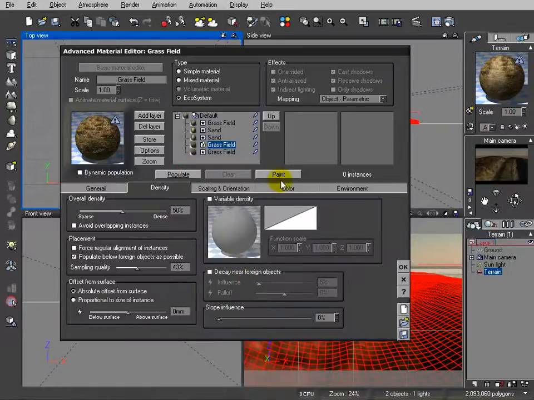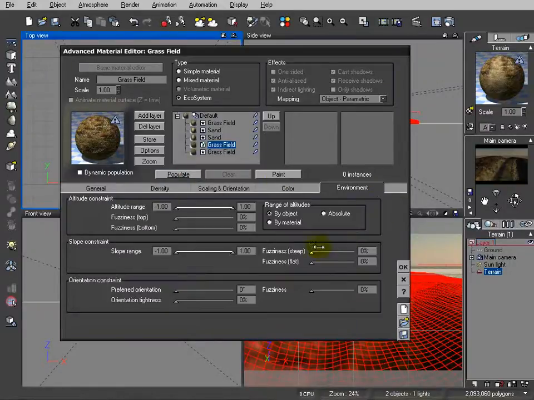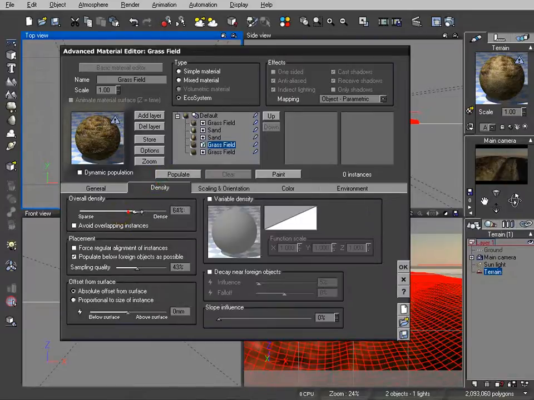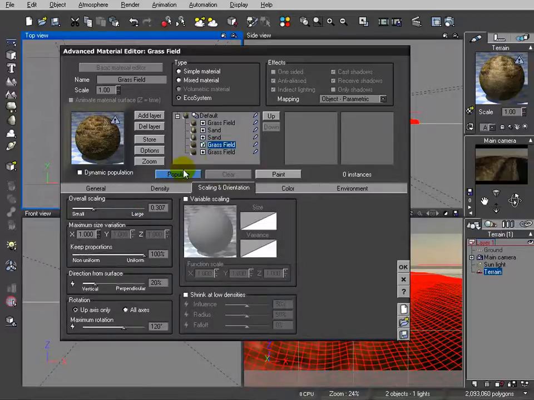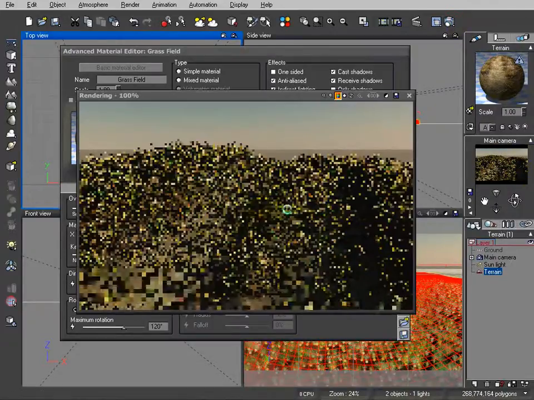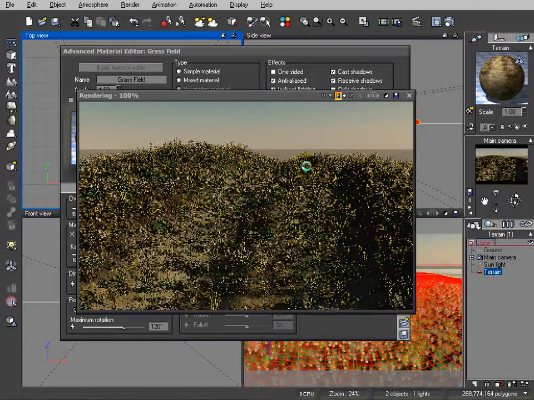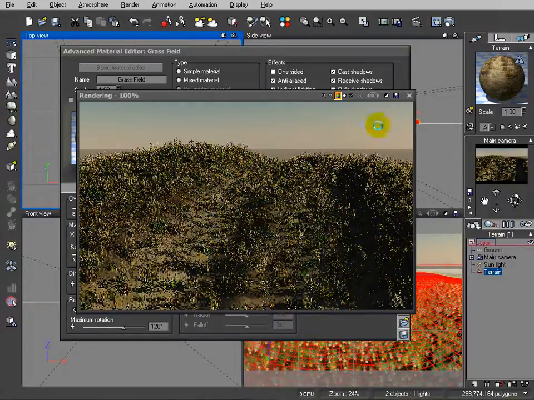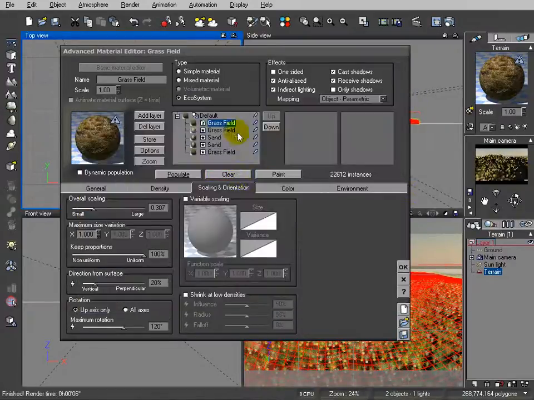Okay, if we click decay, let's check our environment for this. Up our density, drop scale. As well, we'll take grass field and move it a little bit up above the other ones. So now if we're populating, the one thing if we look, we're populating everywhere, including places on the road, and we don't want that. So let's go ahead and